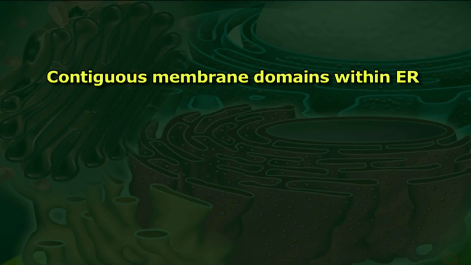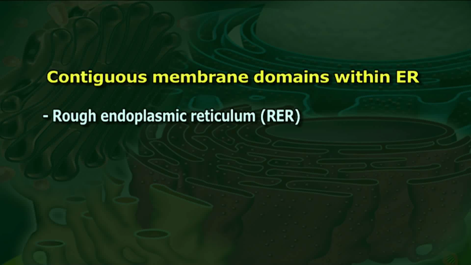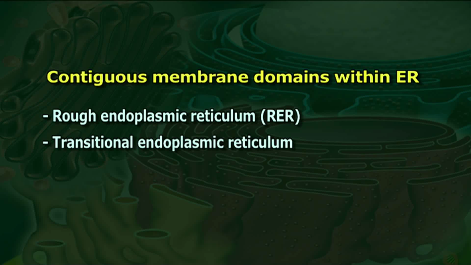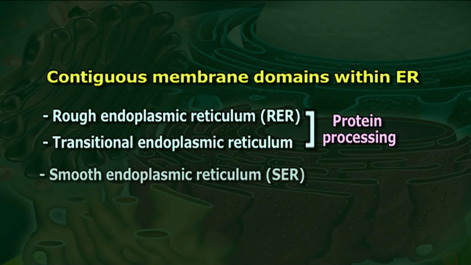There are three contiguous membrane domains within the ER that perform different functions within the cell. The rough endoplasmic reticulum, abbreviated as RER, which is covered by ribosomes on its outer surface, and the transitional endoplasmic reticulum, where vesicles exit to the Golgi apparatus. Both these ER function in protein processing. The smooth endoplasmic reticulum, abbreviated as SER, is not associated with ribosomes and is involved in lipid rather than protein